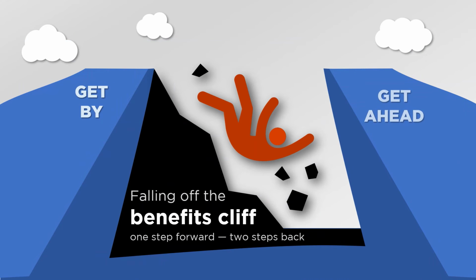Another negative consequence of siloed service gaps is what social workers call the benefits cliff or cliff effect. This happens to low-income individuals and families who are trying to work their way out of poverty but can't find a job that pays a living wage. The problem is that a slight increase in a household's earnings can cause people to lose their eligibility for supplemental public assistance. This can lead to a net loss in resources, leaving people worse off than when they were getting public assistance. This situation can discourage people and leave them with little or no hope of ever getting ahead.